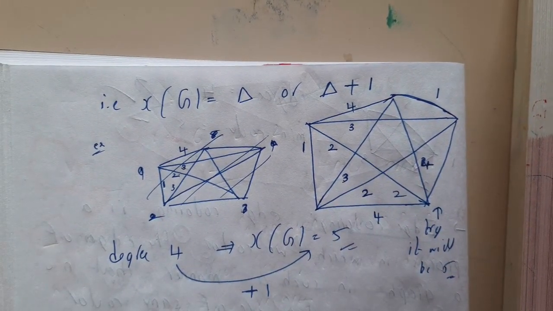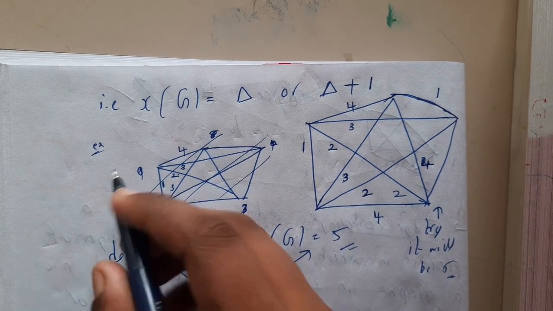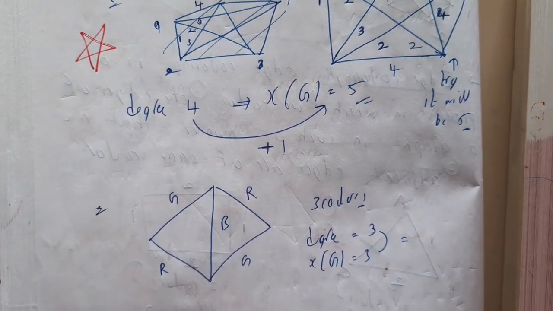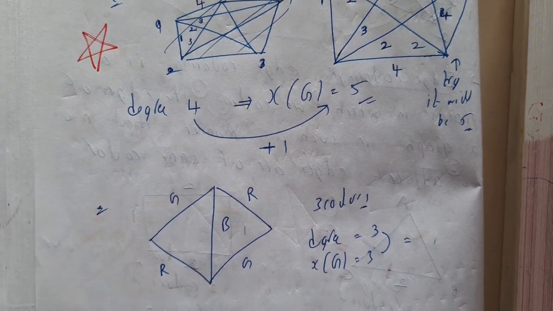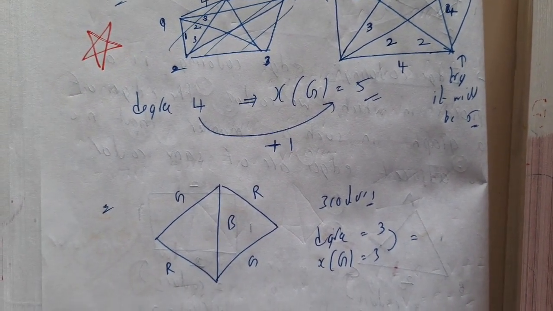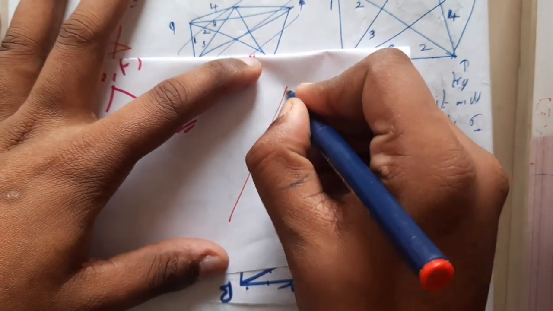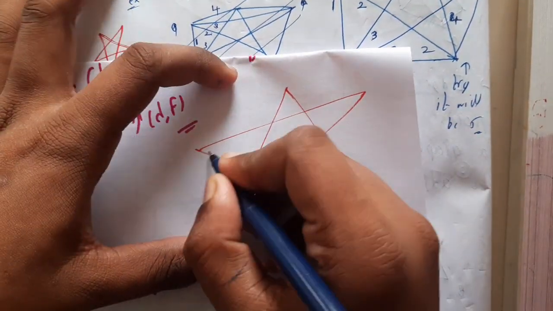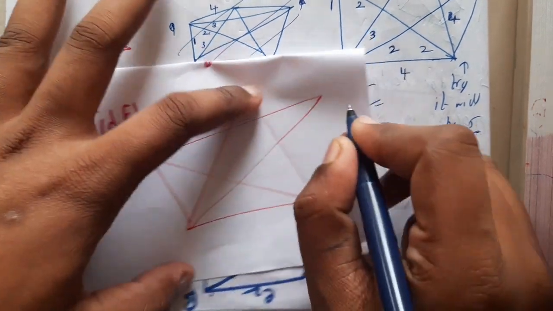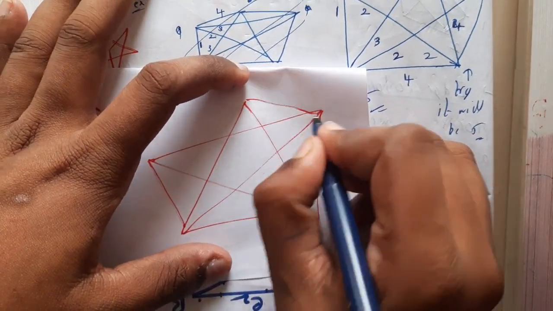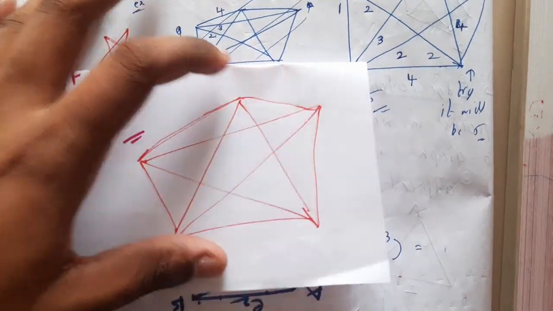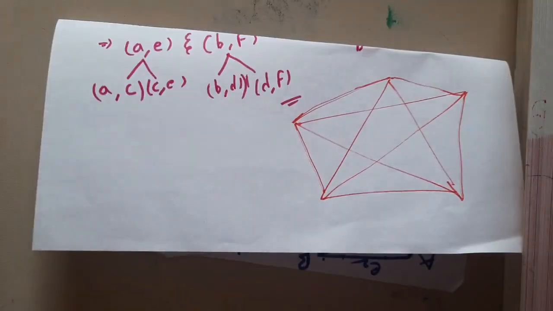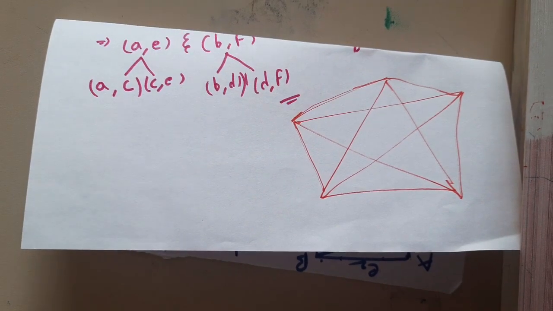Let me draw it again, guys, because we can just try it. Let me draw it a bit bigger. I think I got the paper, so let us draw it on that. Because we are trying to color it, right? It will be a better idea if I draw it here, right? Now let us start coloring it, so that we can understand how the coloring is done in an easier way, guys.